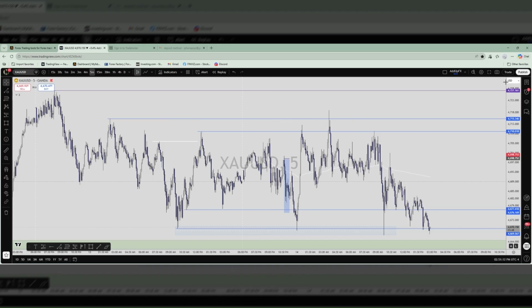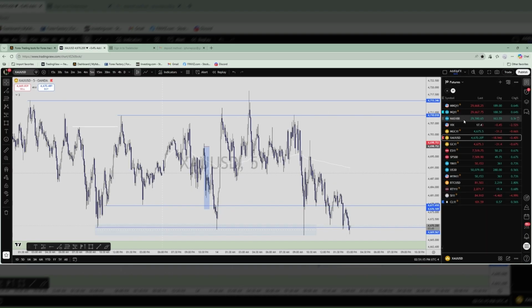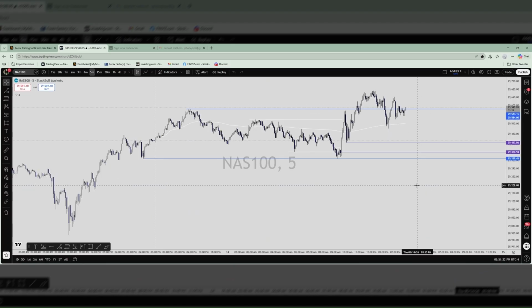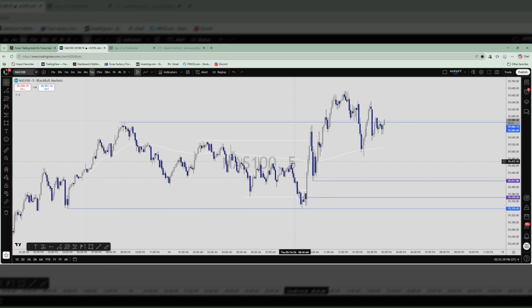Today, Nas was okay. I don't feel like I would have seen an A+ setup. The draw on liquidity to the high was pretty obvious, but the way it got there, I don't know if I'd have held to that. Okay, 8:30 right here. 8:30 news. It took this internal low, right? But it made equal lows down here. So that's also a draw on liquidity.